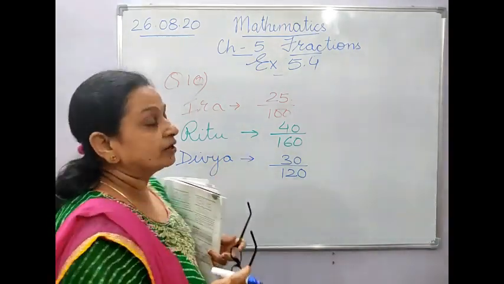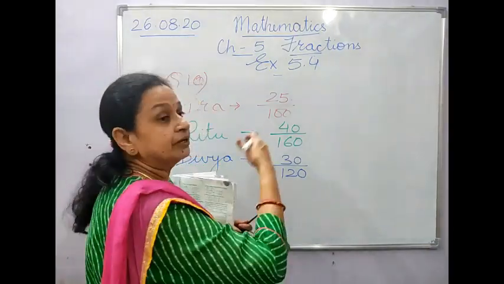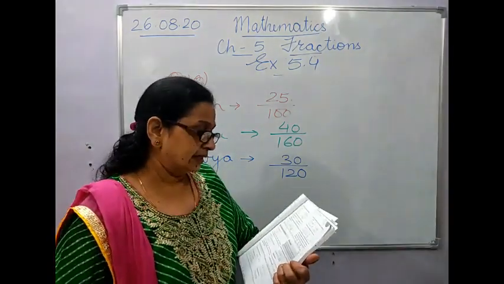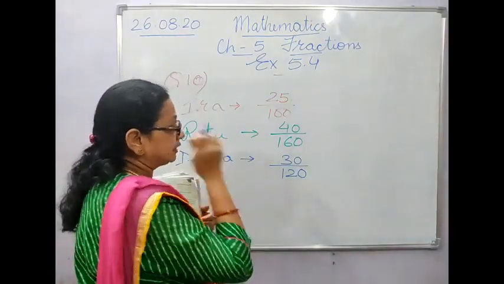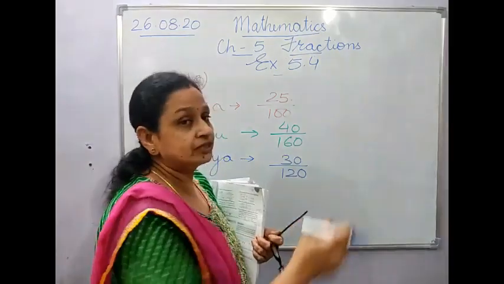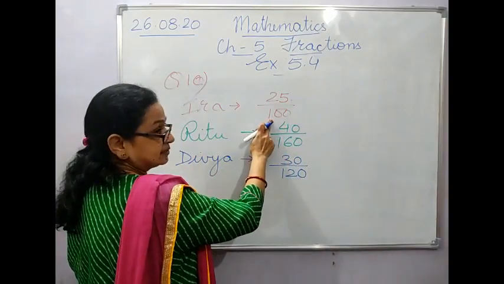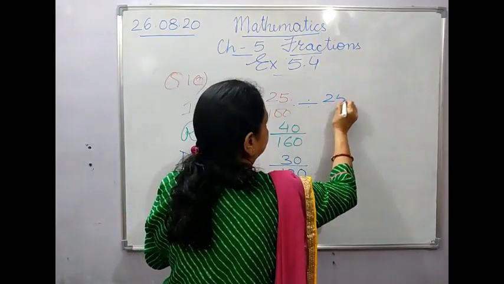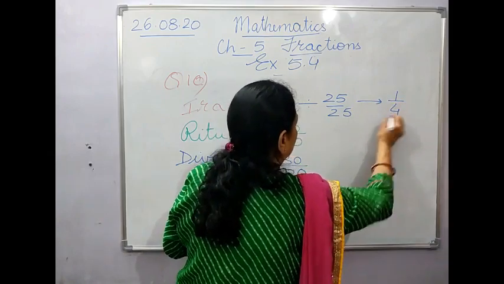Now children, it looks very odd when we tell it like this, 25 upon 100, 40 upon 160. So what we do, we reduce it to its lowest term and find out the other part of the question. Have they read the same fraction of their books? Like this you cannot find out whether they have read the same fraction or not. So we will reduce it to its lowest term. See, it is 25, this is 100. That means you can easily divide it by 25 upon 25. So it is 1 upon 4.